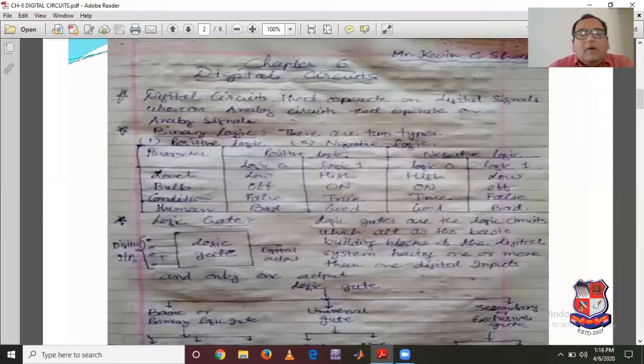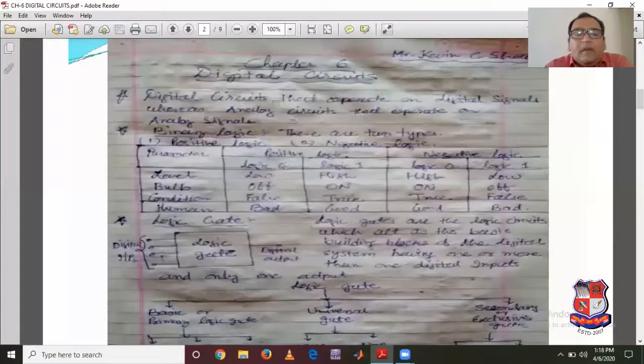If you consider human nature, in positive logic, if the logic is 0, we consider that the human, or a student or staff, anything, if it is logic 0, we can say it is a bad human. And if it is logic 1, we can say it is a good human. In the same way, in negative logic, logic 0 is good, and logic 1 is bad.